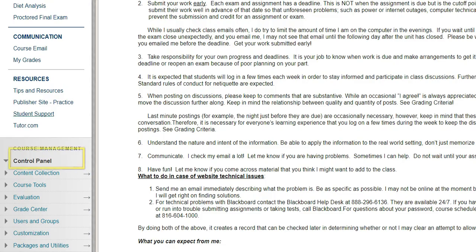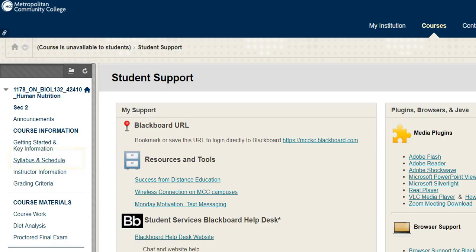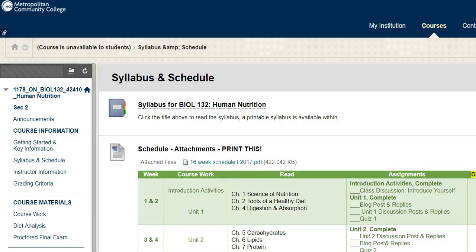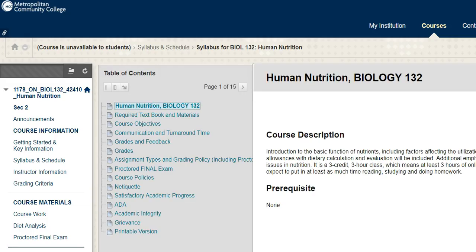Let's click on the Syllabus and Schedule folder. You will notice that the documents in this folder have printable forms for you to download if you wish. I highly recommend it. The syllabus is the description of the course, which will include the policies by which the class will be run. Be sure to read it completely and understand the information. If you have any questions about this information, please let me know as soon as possible.